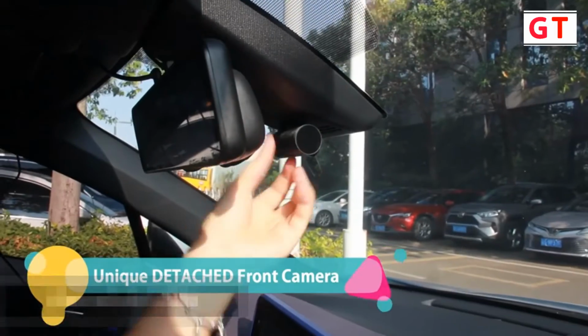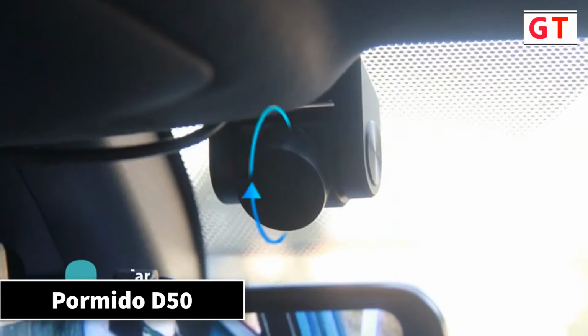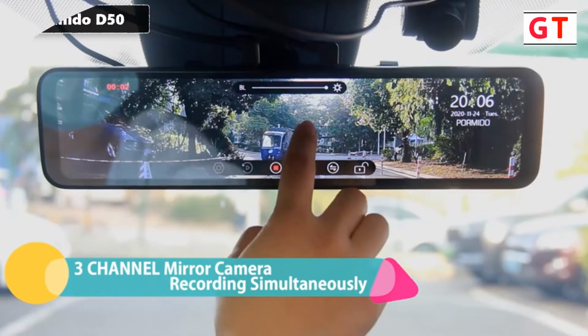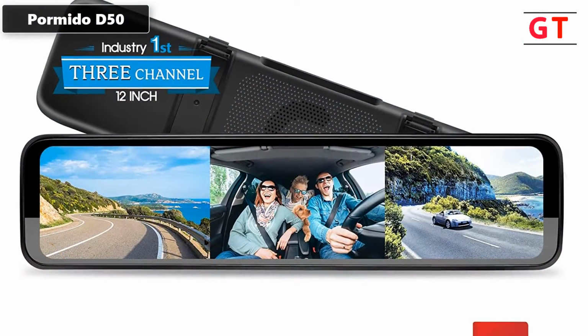Second product on my list, Pormito D50 triple mirror dash cam. Pormito D50 12-inch 1296 pixel IPS touchscreen night vision Sony sensor dash camera. 12-inch bigger screen with wider vision,